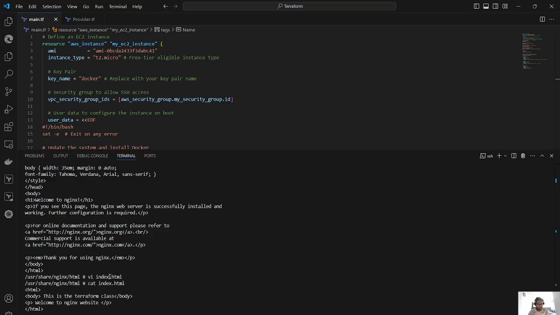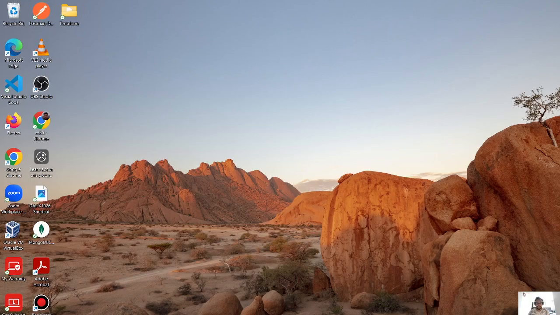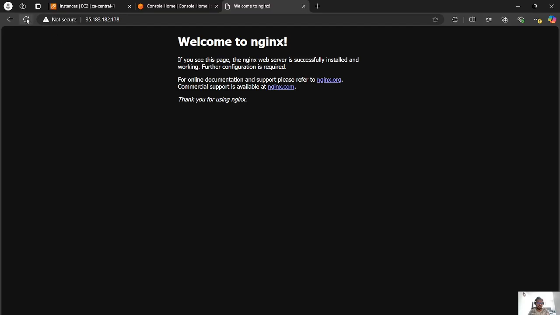As you can see, cat index.html is to show whatever is there in the file, so it shows there. And let's go check our website and refresh it. See, this is the Terraform class. Welcome to engineering website. And you can put any number of lines,